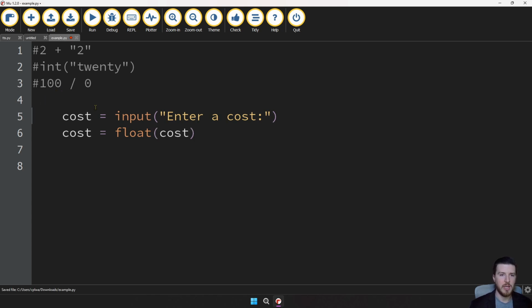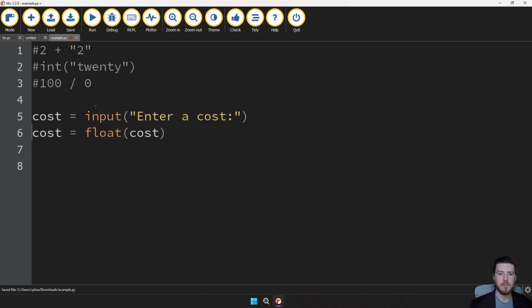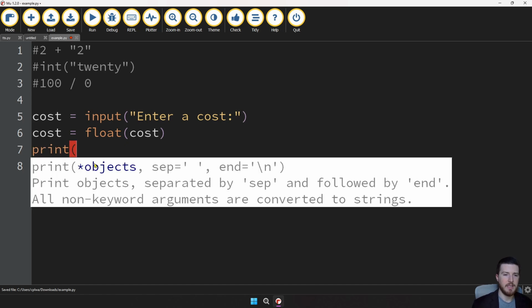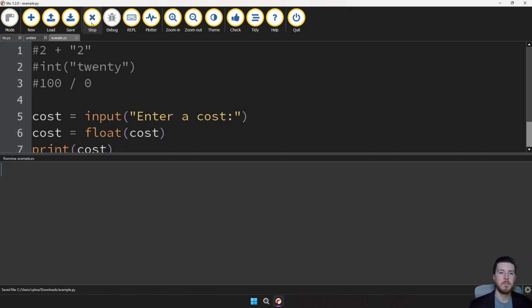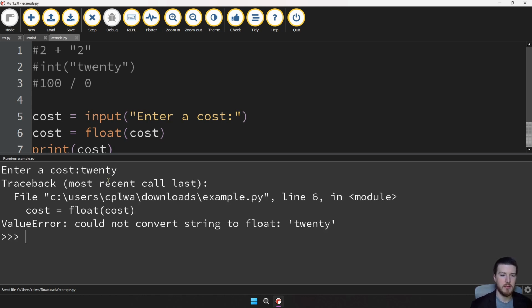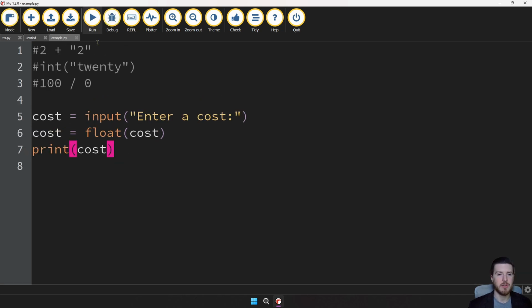Actually, before we put this in a try block, I want to show you what will happen before we have the try block. So if we run this code as is, let's add in a print cost or something. It says enter a cost. Now if I enter 20, I get that ValueError, right? And it says, hey, we couldn't convert a string to a float because you literally gave me the word 20. Okay, so if we click stop,